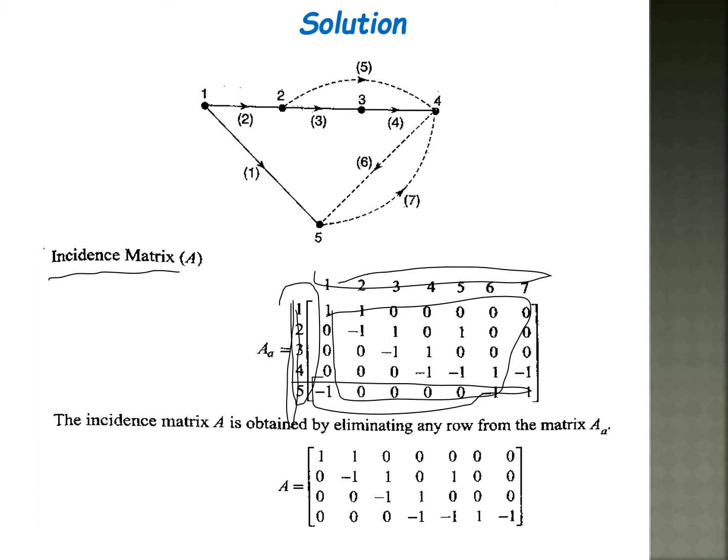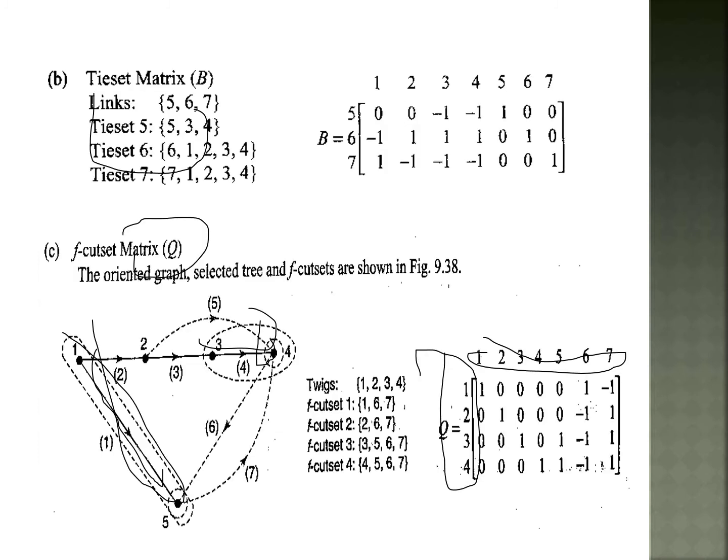So this is the order of the matrix. Now I am reducing this row to become the complete incident matrix. This is the tie-set matrix, and this is the F cut set matrix with 1, 2, 3, 4, 5 nodes. 5 minus 1, 4. 4 cut sets are there. From 5, 4 I am cutting the cut set matrix, and 3 to 4 and 1 to 5 are another cut set. These are 4 cut sets with 1 to 7 are the branches.